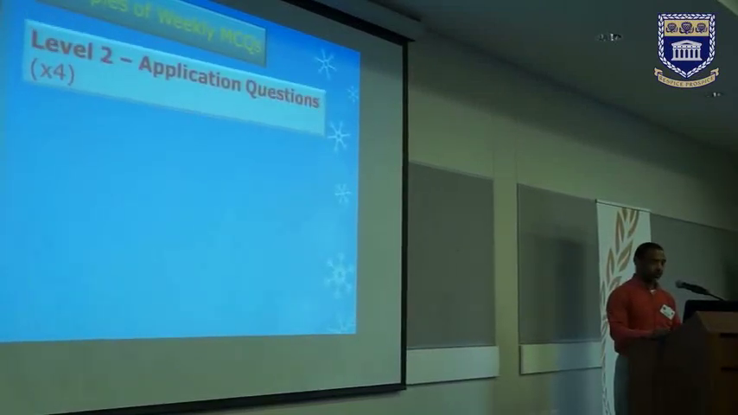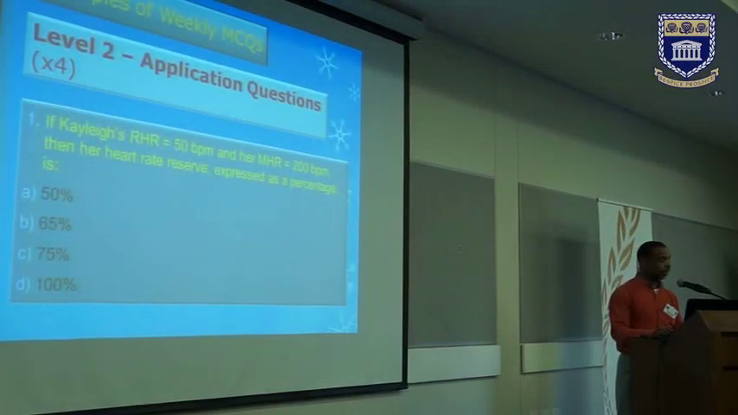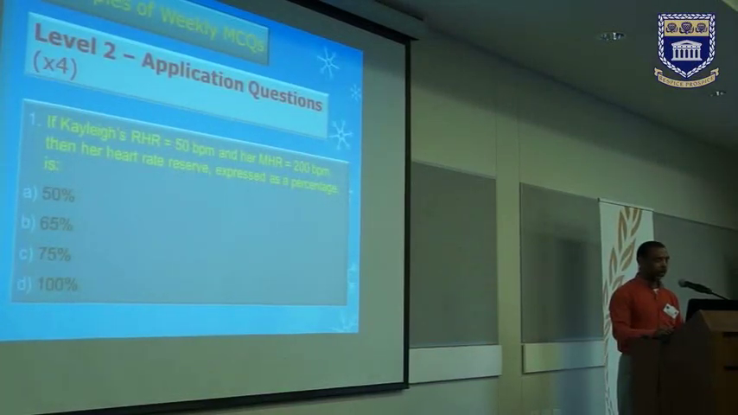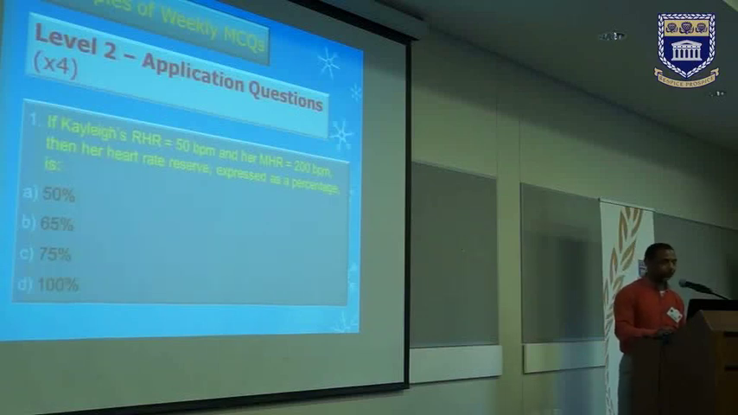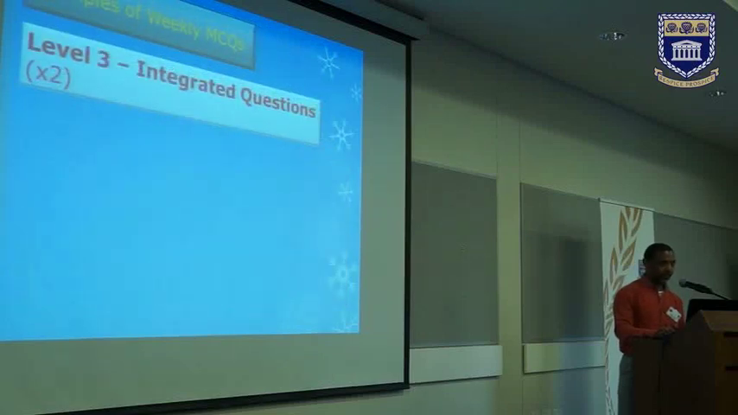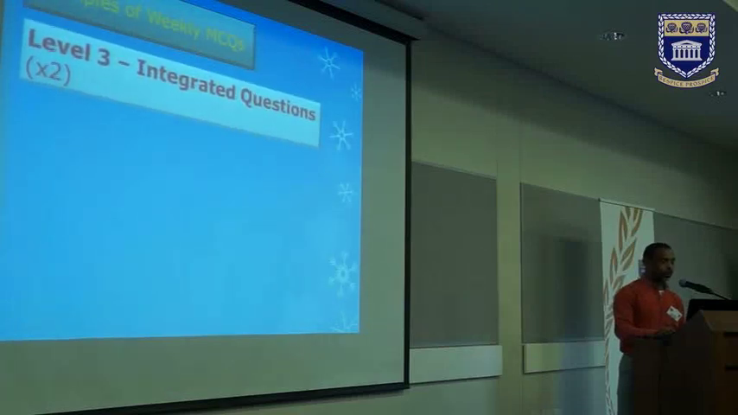Around the application questions, an example was, if Kayla had a resting heart rate of 50 beats a minute and the maximum heart rate was 200 beats, then the heart rate reserve expressed as a percentage would be, and they're given various options. And just by the way, these abbreviations the students are familiar with, so some of you may be worried what RHR and MHR mean. They are given some background around these abbreviations. I've got a list of symbols, chemical symbols and so on. With regard to the integrated questions,